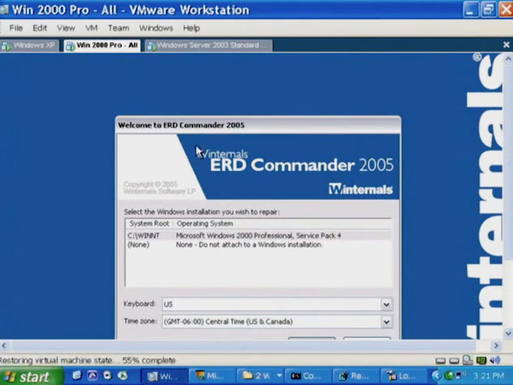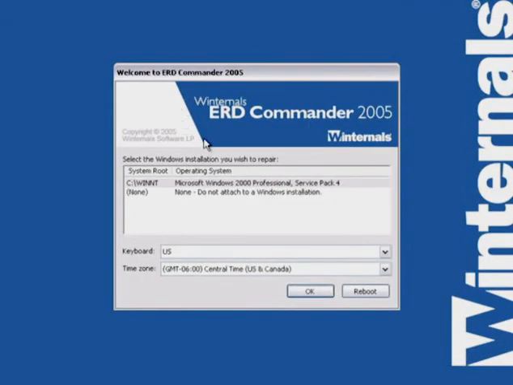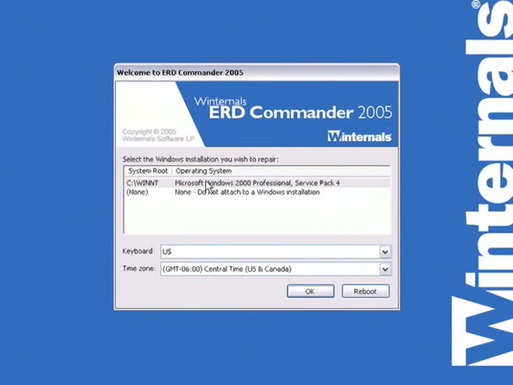Now, I've booted this VM into ERD Commander. I'm going to go into full screen mode. And what we're looking at is the boot screen, or the logon screen, that ERD Commander presents after you've booted the system off of a CD containing ERD Commander. Like the recovery console, it scans the disk looking for Windows installations. It's identified one on this system. I'm going to go ahead and log into it, but you'll notice I haven't had to type in an administrative password to get access to that installation, a difference between ERD Commander and the recovery console.